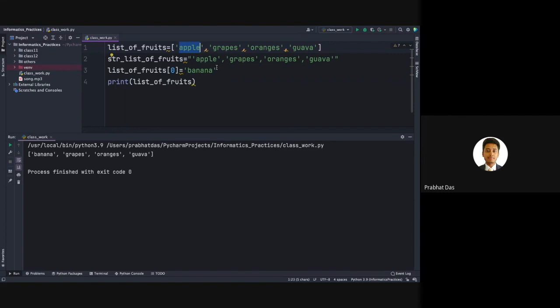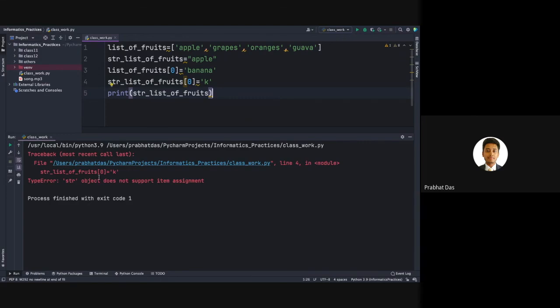But what if I need to do the same thing for string? We know that string stores each and every character in the corresponding indexes. Let's say apple. Now I want to change this a to m, or let's say I want to make it kpple. How to do that? Let's see whether it is possible or not. Let's execute and print it.